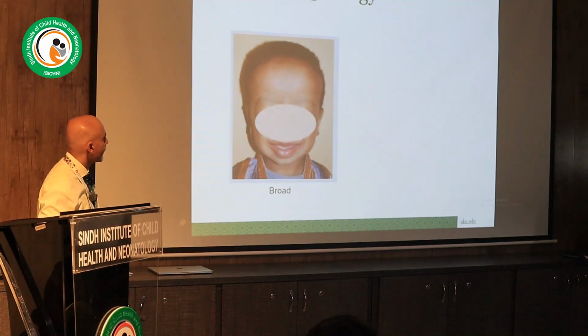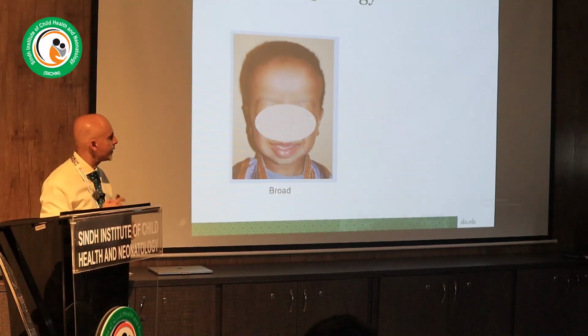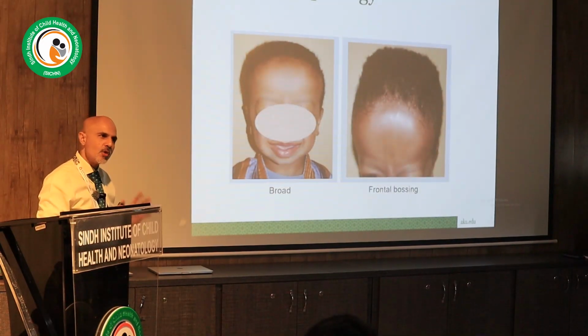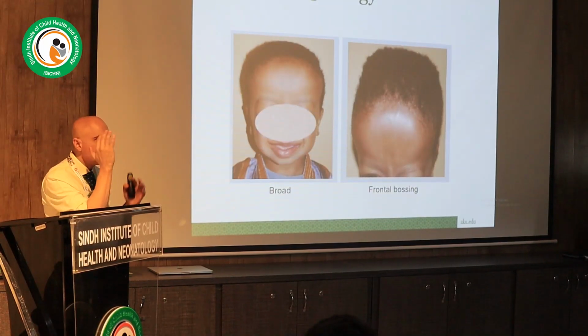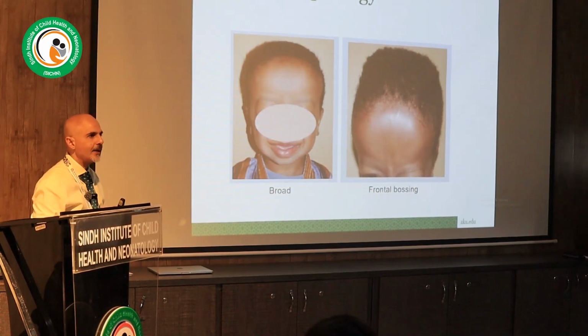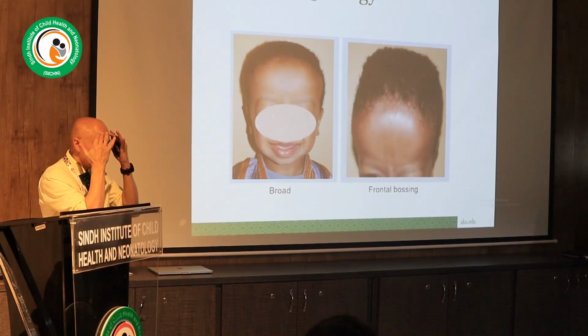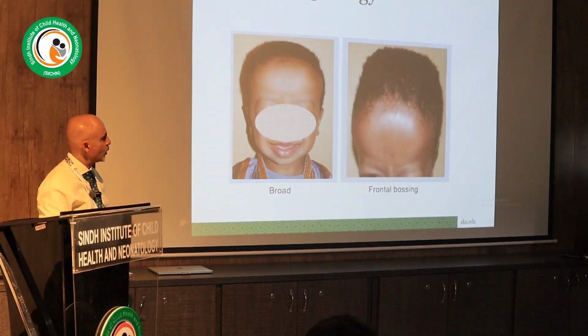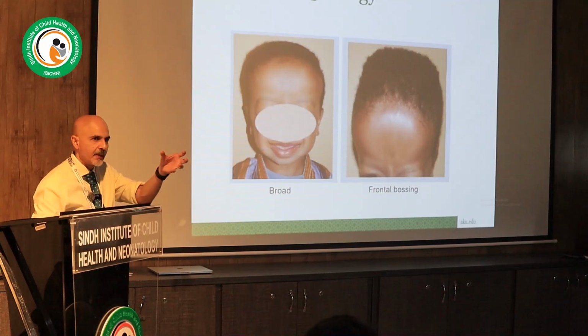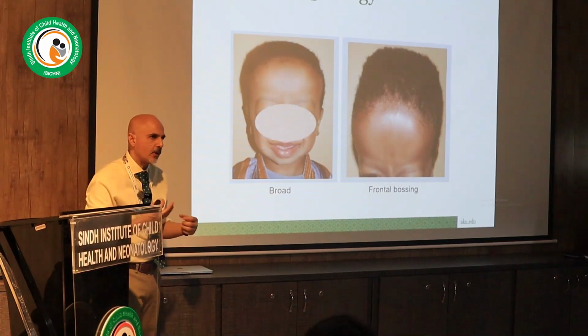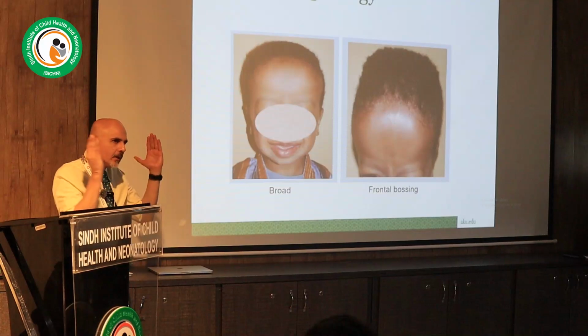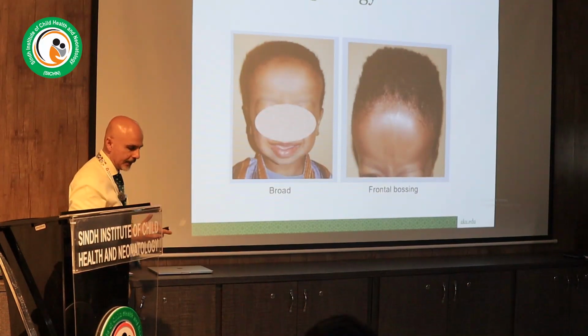Now look at the forehead, right? This is a broad forehead, right? Which is a bit distinct from frontal bossing. Who can tell the subtle difference looking at this picture between broad forehead and frontal bossing? Protrusion. There's a little bit of protrusion on both sides, right? And you see this in your patients with thalassemia because of the diploic space in the bone marrow cavity being expanded because of extramedullary hematopoiesis, whereas the broad in general could be just syndromic from other reasons.